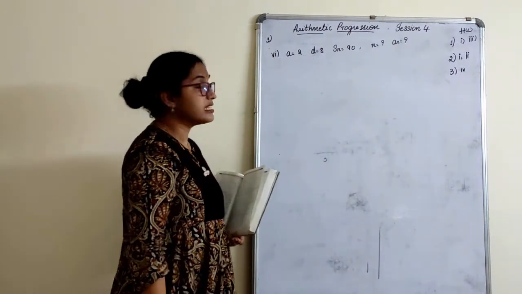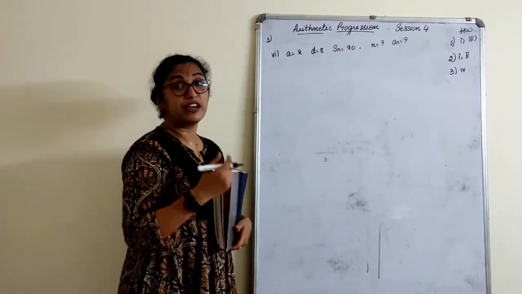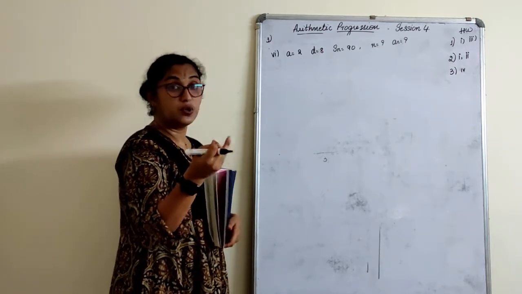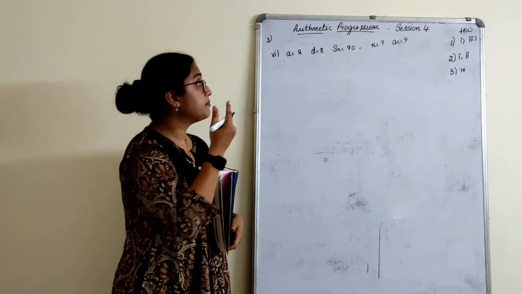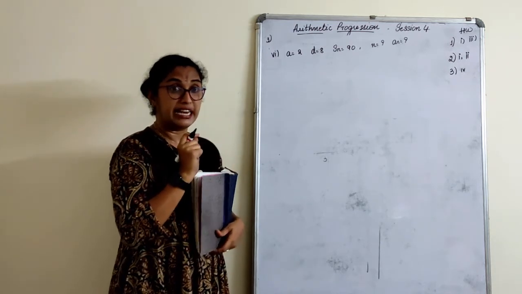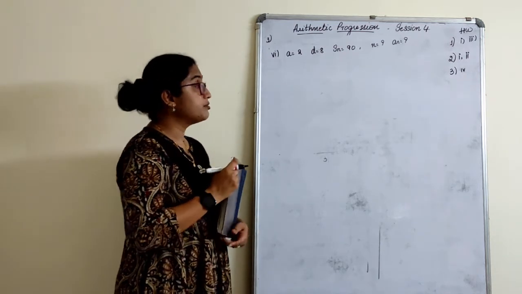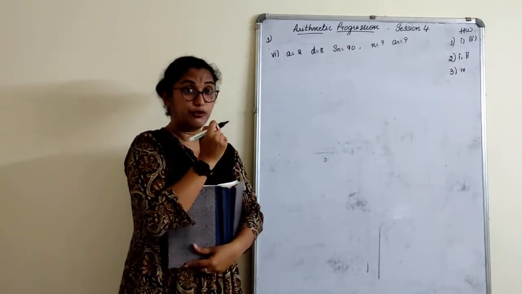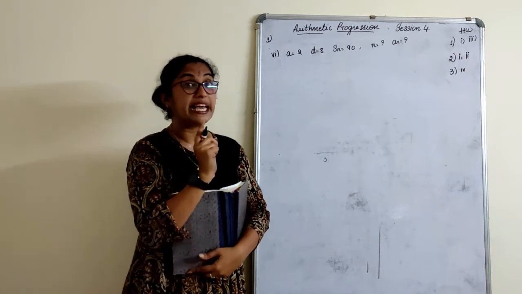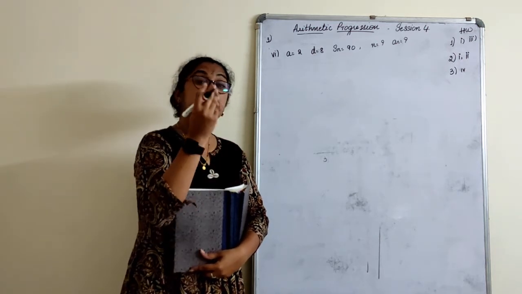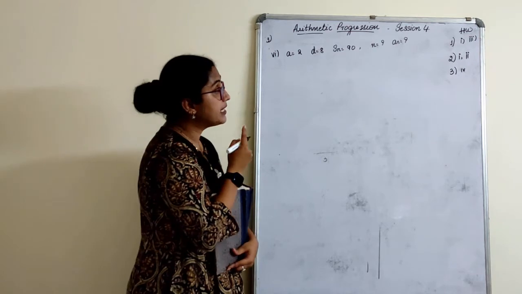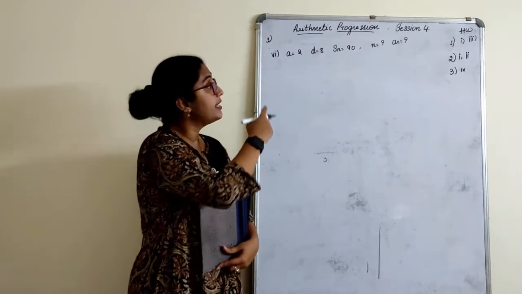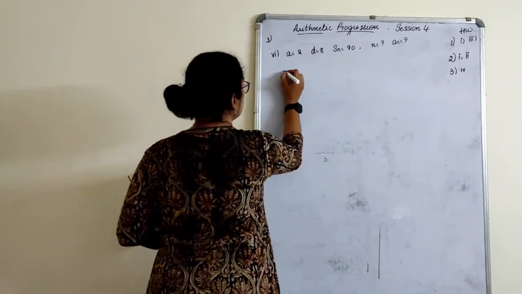Now, to find N here, if I use the Sn formula, I have Sn, I have A, I have D. The only thing I don't have is N. That means using the Sn formula, can I find N here? Yes. Just try to recall what I told you in the previous part: if you have to find N, it is always by An, provided An is given. But here I cannot apply the An formula because An itself is not given. So let's use the given thing and start.